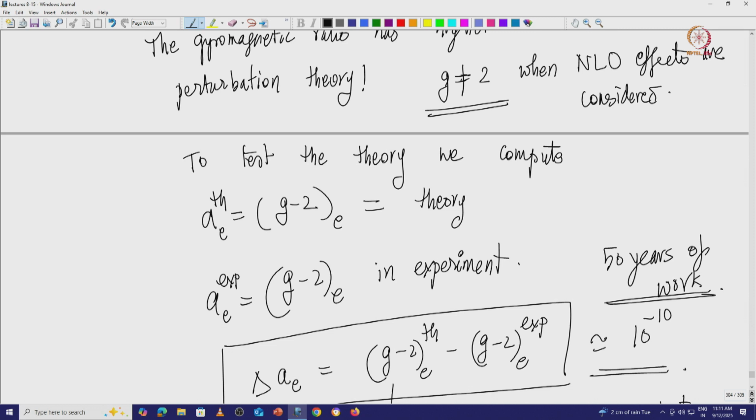And this experiment gives you the corrections, and does this calculation at very high precision. These calculations are not easy, and neither is the experiment; both of them took a few decades of work at highest order. The current level is that g minus 2 theory and g minus 2 experiment match to the order of 10 to the power minus 10. It is so precise that the theory matches the experiment.